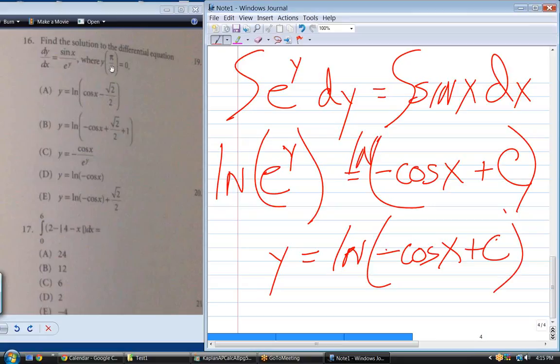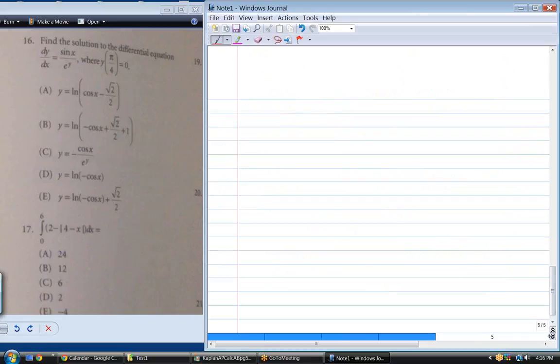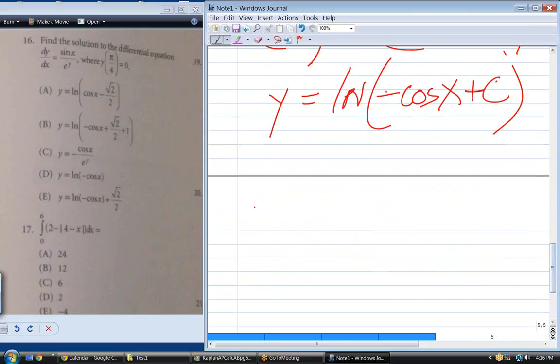They say that y of pi over 4 is equal to 0. And this initial condition is always going to allow you to calculate what c is. Right. So let's do that. If I say y is equal to 0 when x is pi over 4,